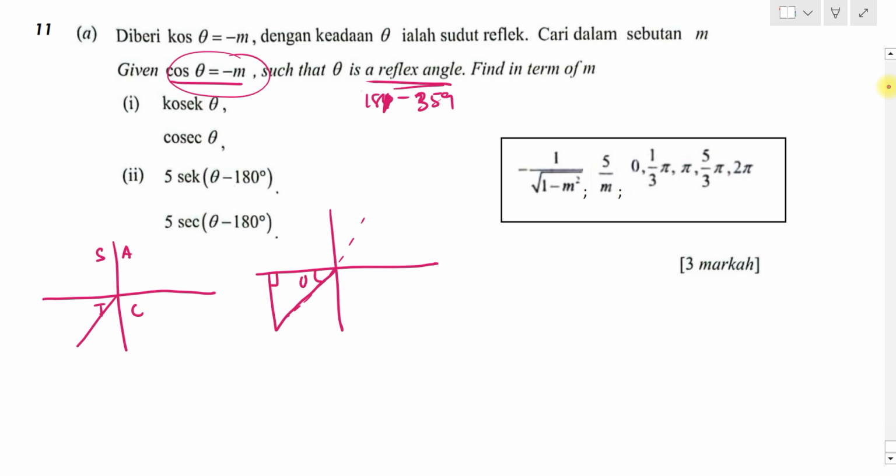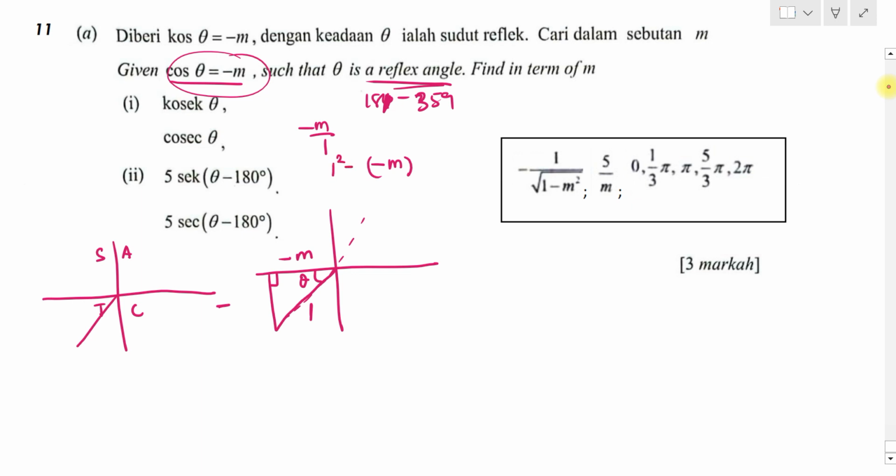Here is your theta. Cos theta. You need to be careful because it says negative m, so make sure your x-axis and y-axis are negative. Don't forget. So cos theta is negative m, which means negative m over 1. Your hypotenuse is 1, and your adjacent is negative m. Remember, here also must be negative. So let's try. Negative m